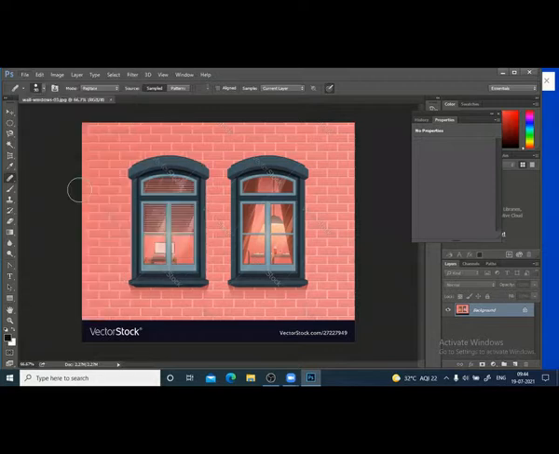Let us revert it. We'll just switch on this align and start from here again. Alt and select this. Click your left mouse. Click here.